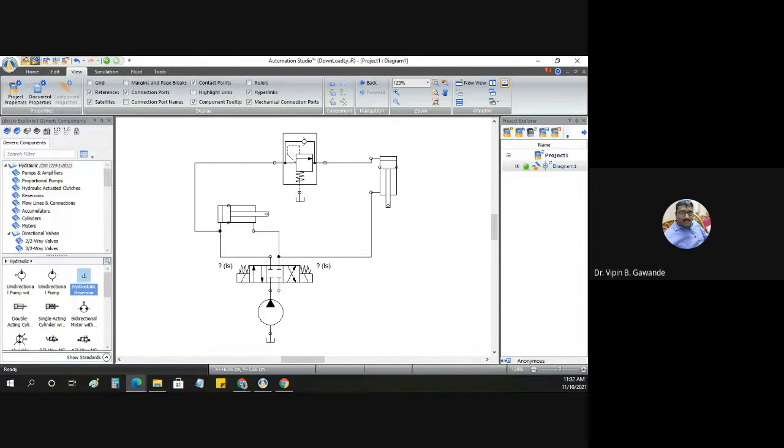Now we'll check the working. So from here we have to check what will happen in the working. The oil will go in this direction. This cylinder will operate first, and once the piston reaches the right hand side, the pressure is built up, and then this valve will open and the oil will go to the second cylinder.